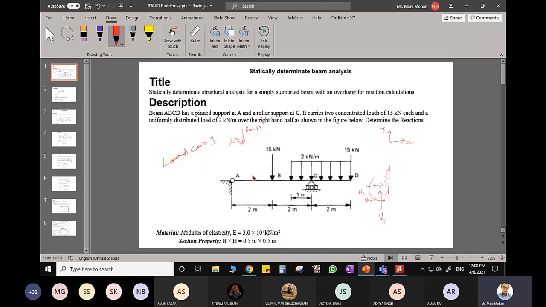Okay, so please understand, generally in our structure, different types of load act. It can be dead load, live load, wind load, earthquake load, or temperature load, or any other kind of load can act. So you say that you have different load cases. Right now in this problem, since it's an analysis problem, I have only one load case. In the entire beam, these loads are acting simultaneously in the structure. So this is my load case number 1.